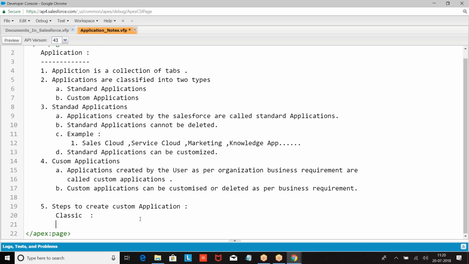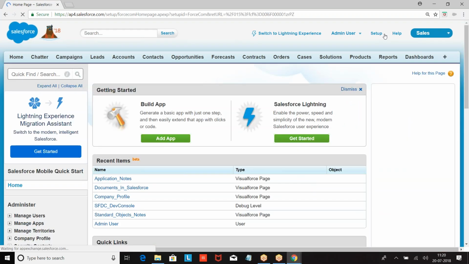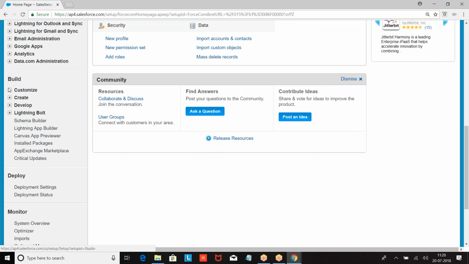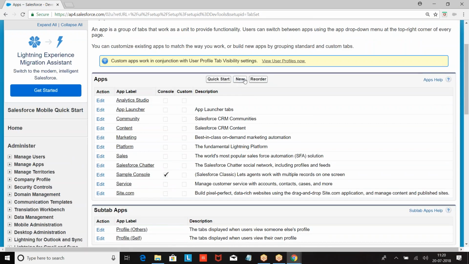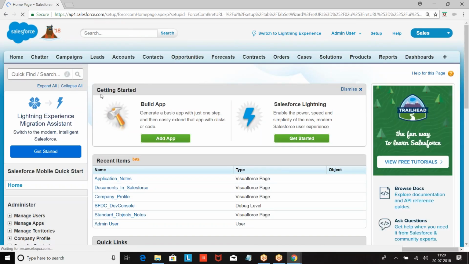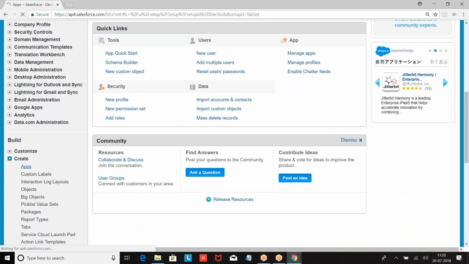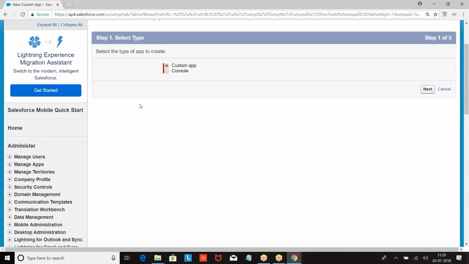In Classic, how to create a custom application: Setup, Build, Create, Apps, New application. So we are trying to build it.